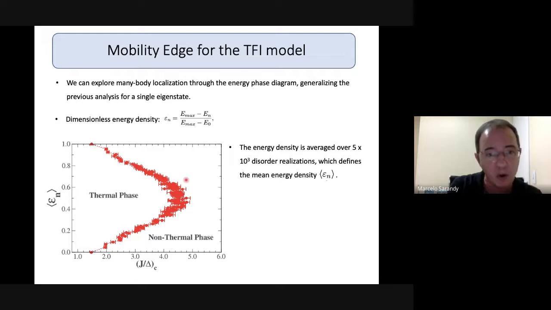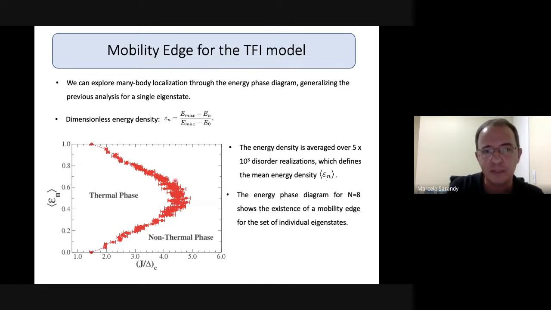But now for all the states, all the spectrum, right? For 8 spins. So what we can see here is the ground state. The ground state is the density 1 here, due to our definition of the density. And here in 0 is the most excited state. Here in the middle is the middle of the spectrum, right? So see that the middle of the spectrum is indeed the eigenstates that are